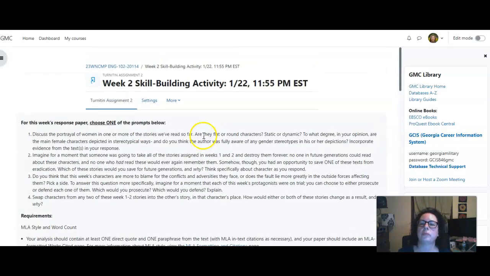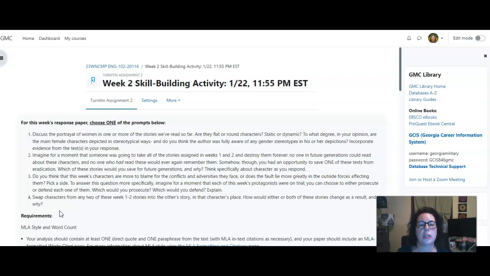So again, you are going to just choose one of these prompts, because you cannot write a short essay about all of these different things, because you'll feel yourself thinking, this is a lot to cover in a short amount of time. And that's why I don't want you to do that. I want you to pick one of these and really expand on your response to this prompt,